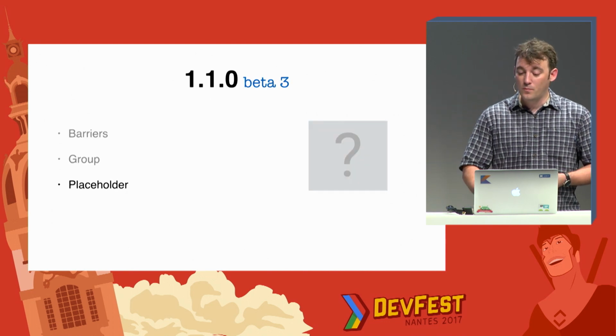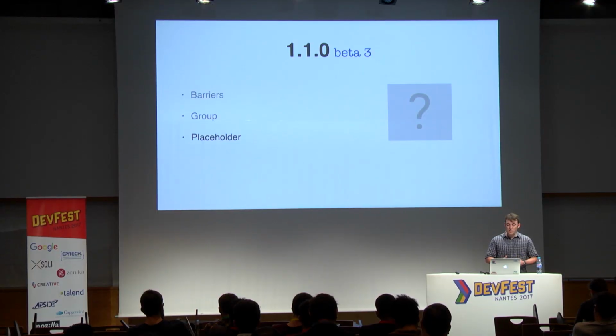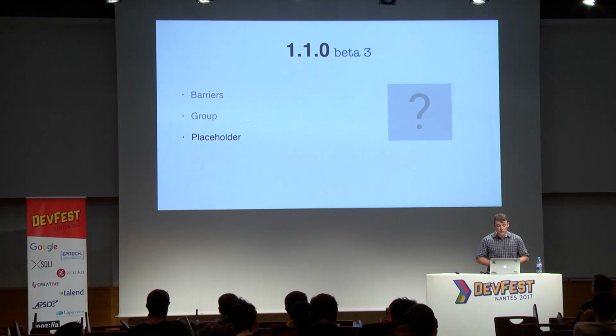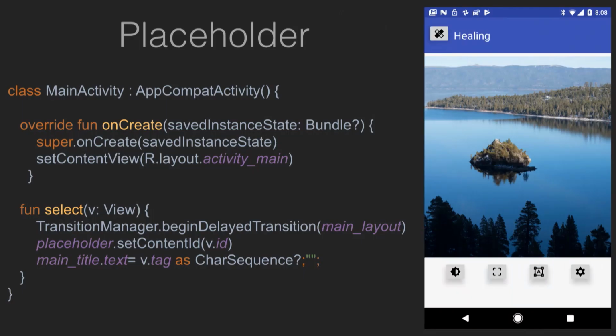We also introduced placeholder, which you can set up like any other view, but it's not going to contain anything. You can then specify the ID of another view within your layout that will be the content of that placeholder. That original view, and whatever rules were controlling it, will basically behave as if it was set to gone in its original position, and it is translated to where the placeholder is. So you can do some nifty stuff like this, for example, where I can easily move an icon back and forth from one place to the other.